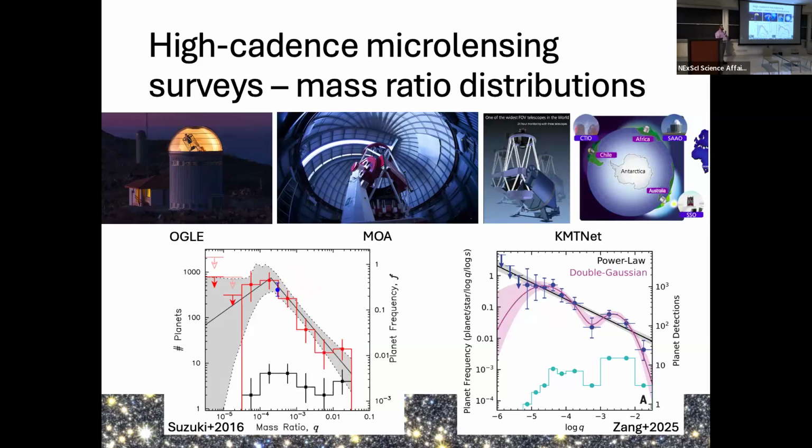And even with that low number, you can do a decent job and fit a power law to its distribution. But with more detections, you can do better. And so this is a study that came out this year by Zhang et al., which improves the number of detected planets to approaching 100, I believe. And so now you get smaller error bars on your measurements. You get smaller bins as well. And there is this hint of some feature in the mass ratio distribution. If I was talking to students, I would caution them that this point is only about 2 sigma away, and you have multiple data points here. So you probably shouldn't read too much into that deviation, but it is a good